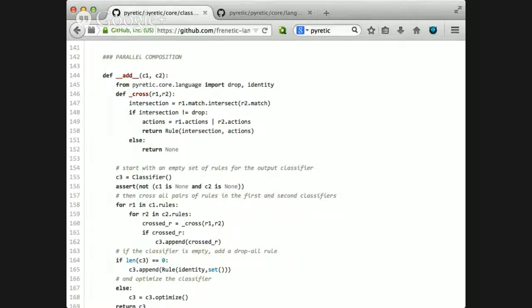So what do we do? Well, we take their two matches, and we get the intersection of their two matches. Great. If that intersection isn't equal to drop,